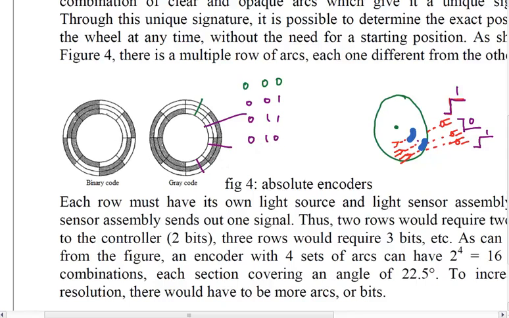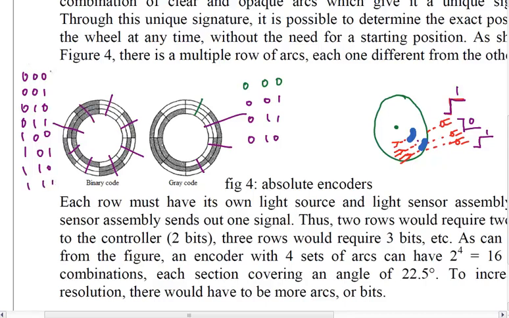Now have a look here. The first one is going to be 0, 0, 0. The next one is 0, 0, 1. The next one is 0, 1, 0. The next one, 0, 1, 1. Then the other one, 1, 0, 0. And then we have 1, 0, 1. Like that it will change. It will go again, 1, 1, 0. And the final one is going to be 1, 1, 1.